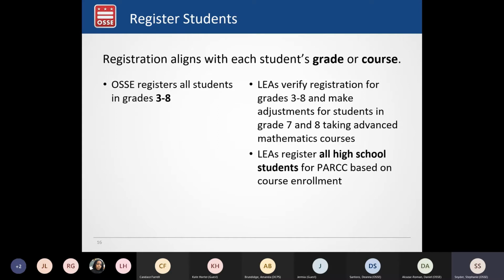The next step after assigning staff roles is to register students to take the test. Registration is in alignment with the student's grade level or the course that they are taking.